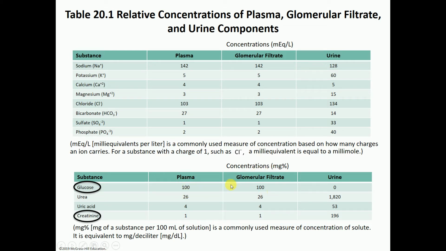The amount of glucose in the filtrate is 100, which means that in the glomerulus, all of the glucose is filtered and will eventually be eliminated through urine unless we reabsorb it back. So the amount of glucose that ends up being excreted in urine is 0. And the kidney does that by reabsorbing 100% of that glucose back into our plasma. That is obviously in